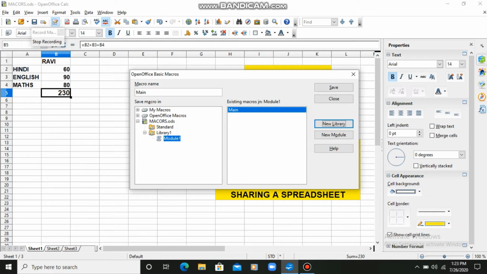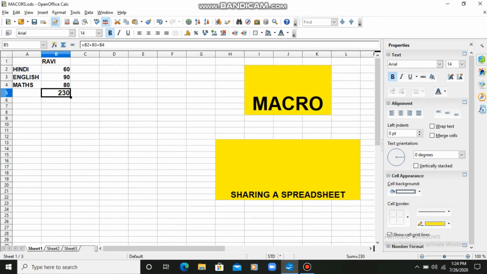So here I'll have to create a module. So within a library there is a main module, but we have to do nothing with this module. So we can create our own module. So I'll give a name to my module here, and within a library, which was library 1. See, under my file I have created a library with the name library 1, and within that I am giving a name to my module. So name is total. Okay, I am giving a name, and the name of my macro is now total, students. Got it? So this is the work we have done in this sheet. Now I save this work. So I have saved this work.